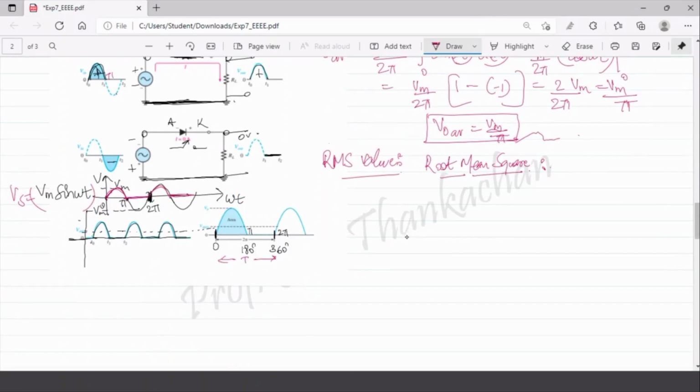So RMS is root mean square, right? As we did in average, similarly here, V output RMS is nothing but the root of the mean of the square of the signal. Mean means we have to divide by the total time period. Average we are finding out. Mean means average. So root of the average of which values? The square of the signal. So what was the signal? Our signal is basically the output voltage, right? So output voltage V naught square, whatever the signal is.